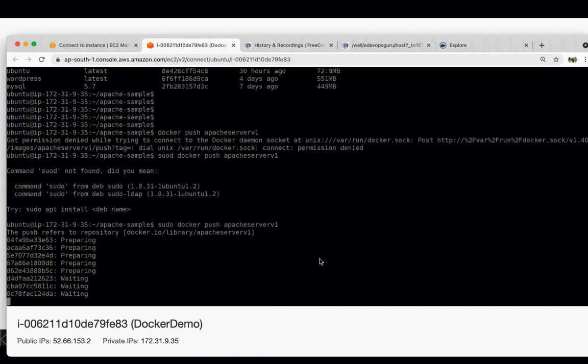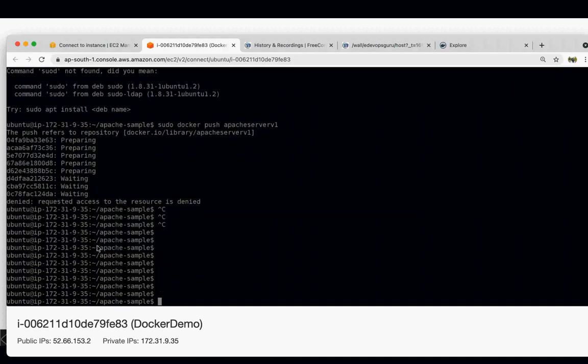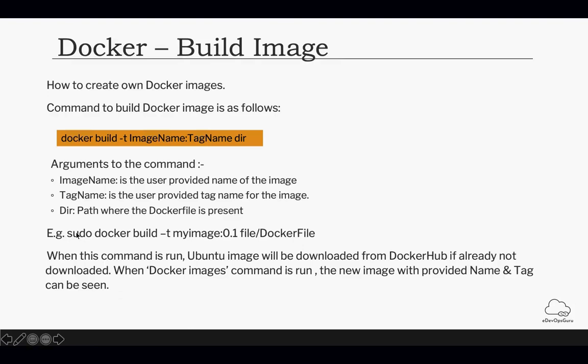It will not work here because we are not yet logged in, but this is how it works. If you are already logged into Docker Hub, it will push this image to your repository. So this is how we can build it.